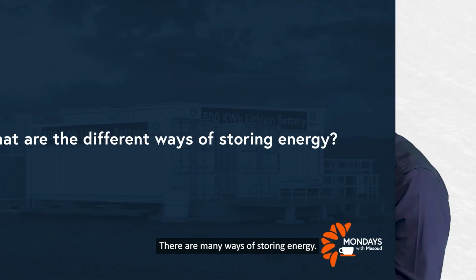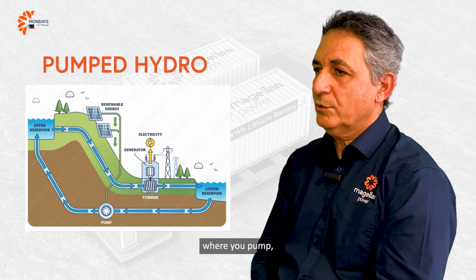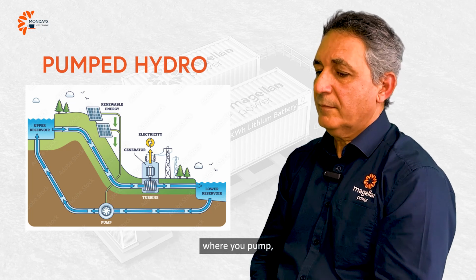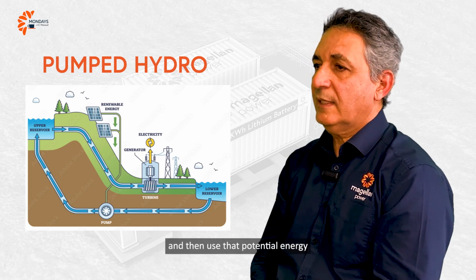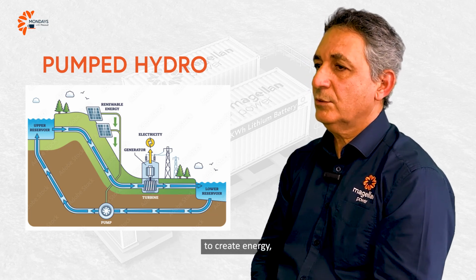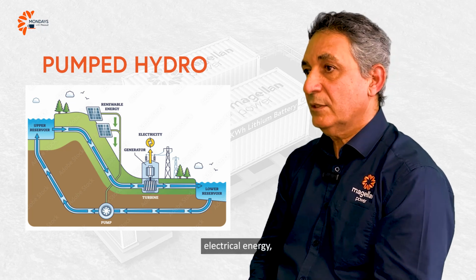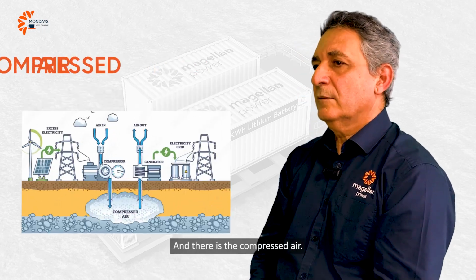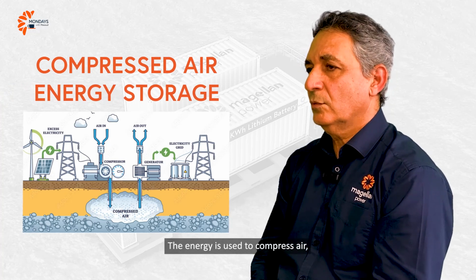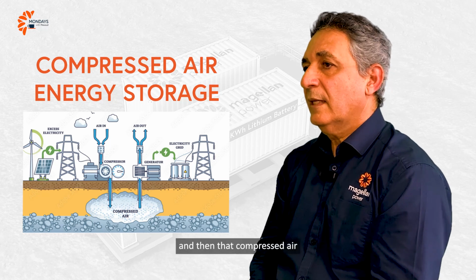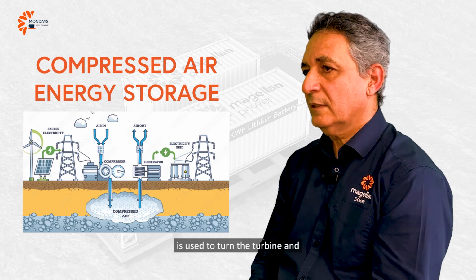There are many ways of storing energy. Pumped hydro, for example, where you pump water up a hill and then use that potential energy to create electrical energy when it's needed. There is the compressed air. The energy is used to compress air, and then that compressed air is used to turn a turbine and turn